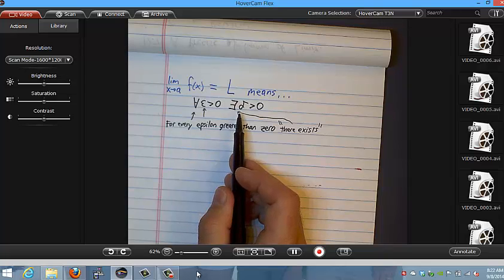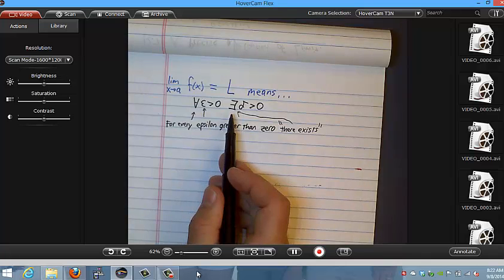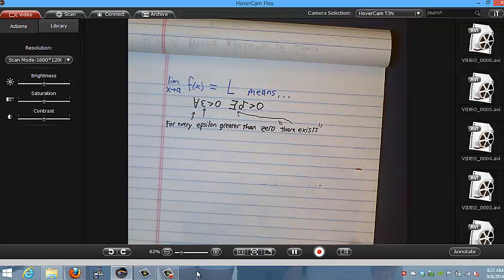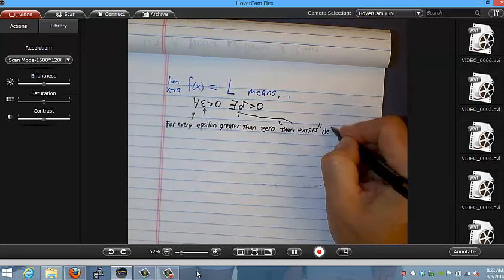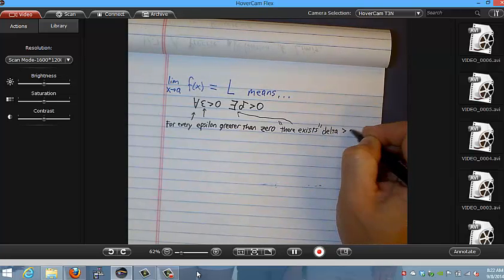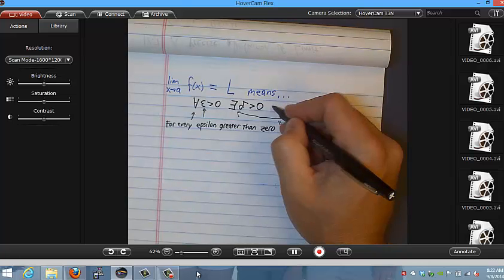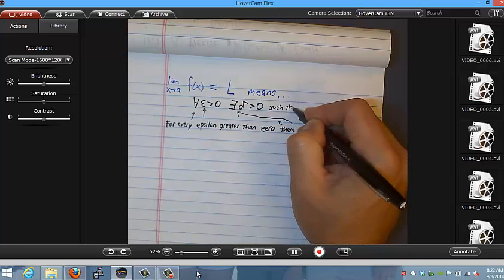That's delta. So you got lowercase e and lowercase d basically, but we're using the Greek versions because, I don't know, they ran out of letters and said, let's use Greek. So there exists a delta, again greater than 0, such that